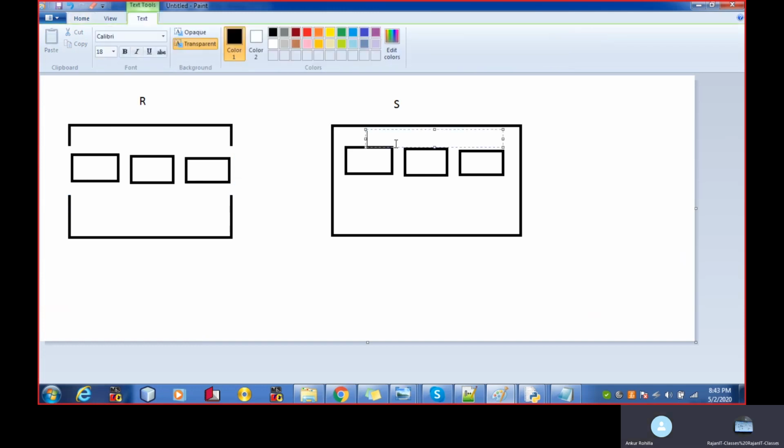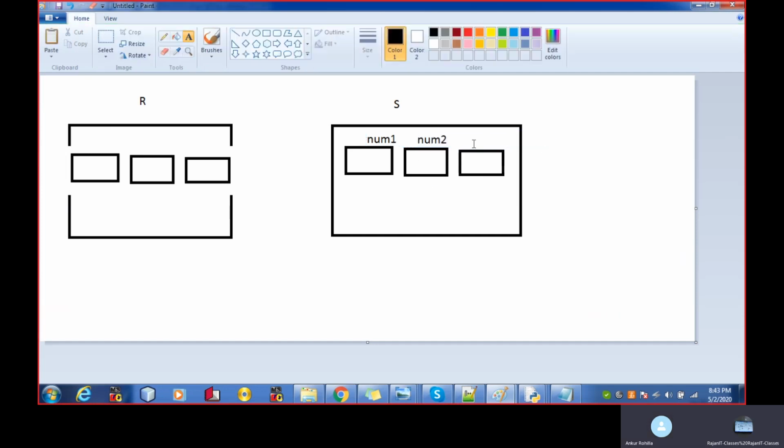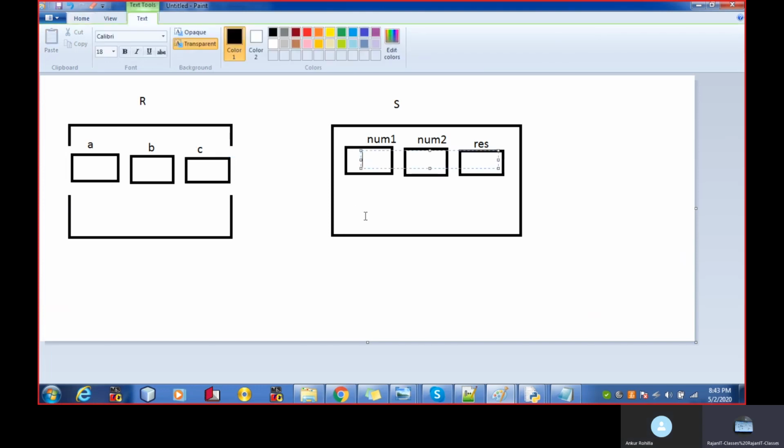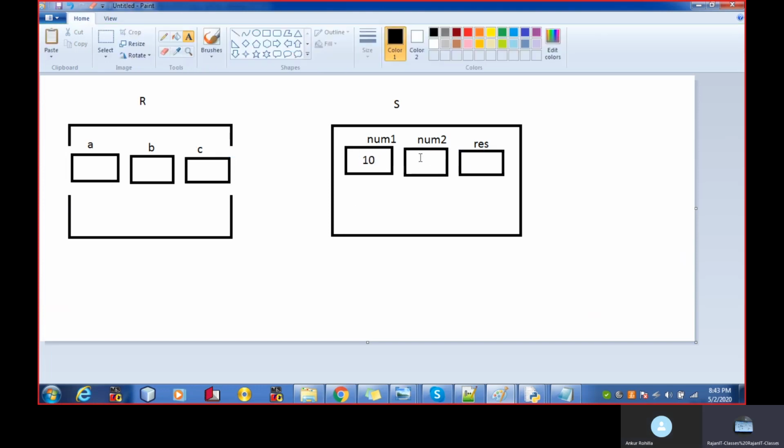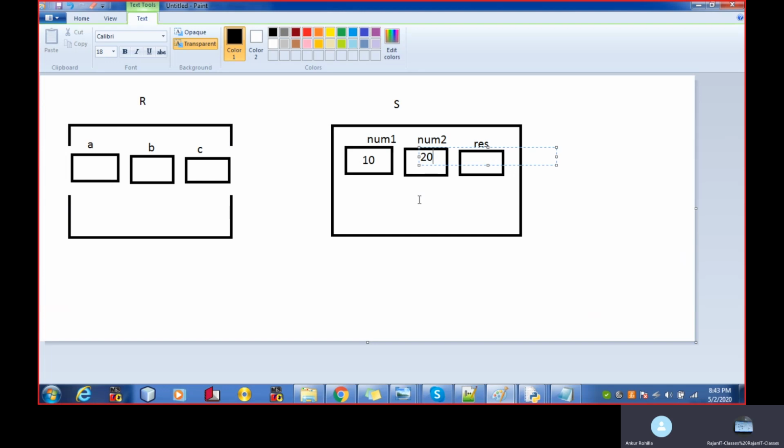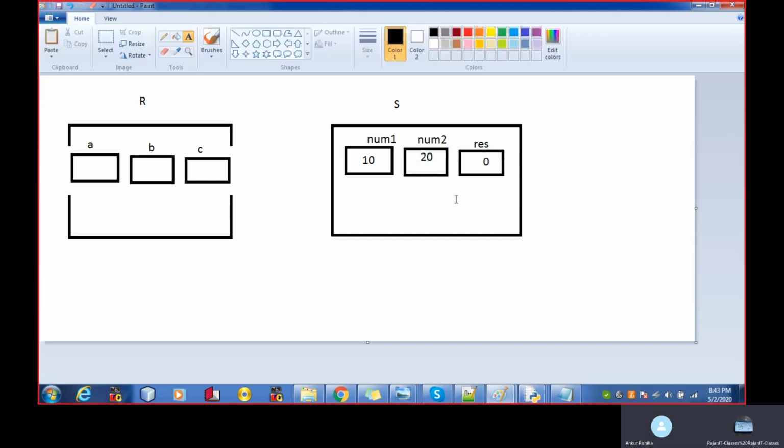Here it is num1, num2, and this one is res, and here it is A, B, and C. Ram has kept the 10 here, 20 here, and kept the 0 over here, right?